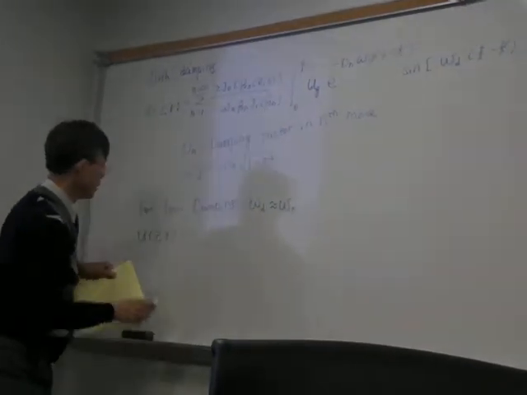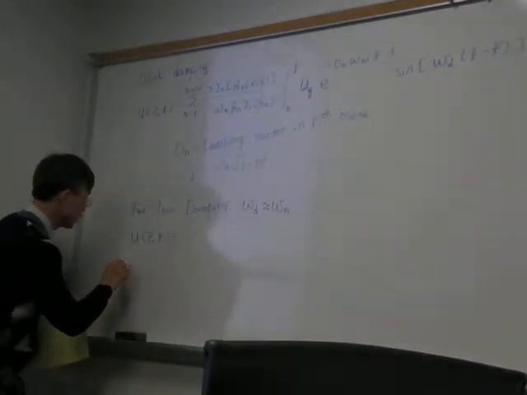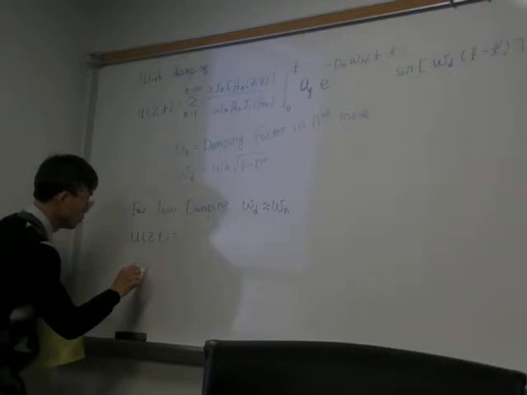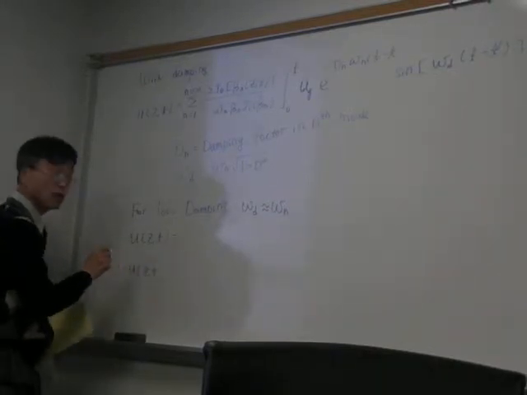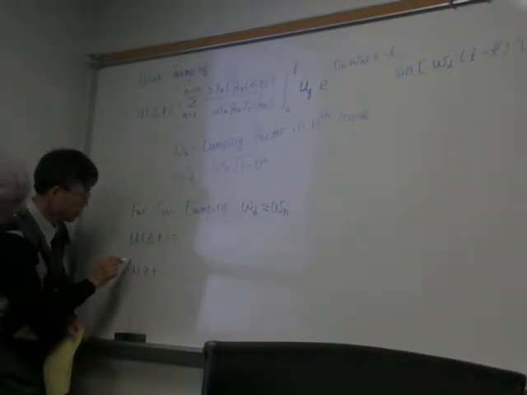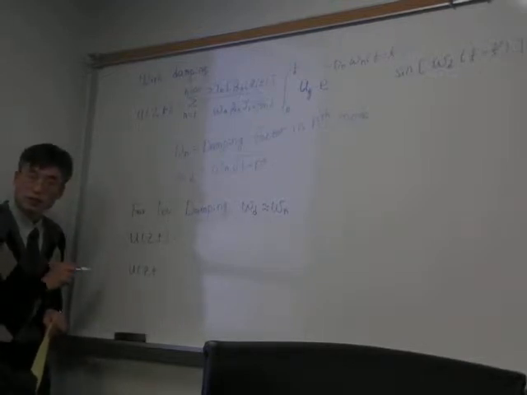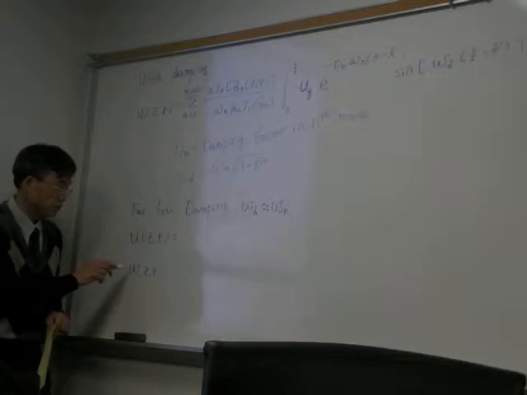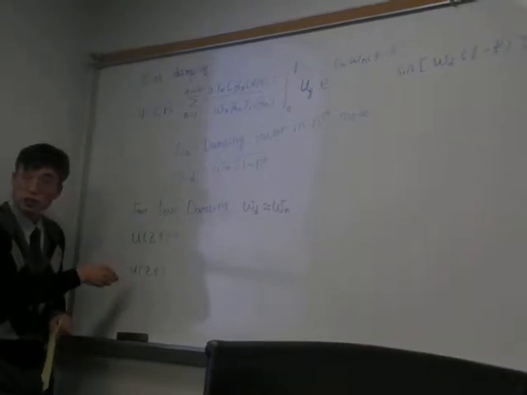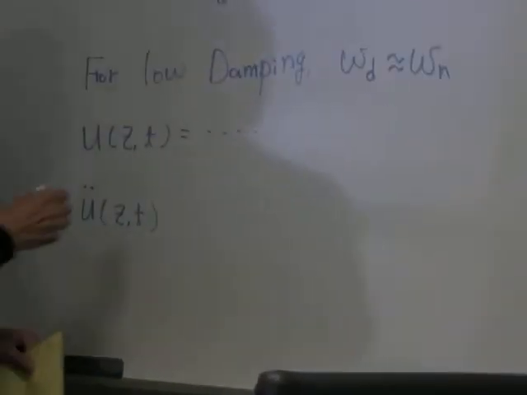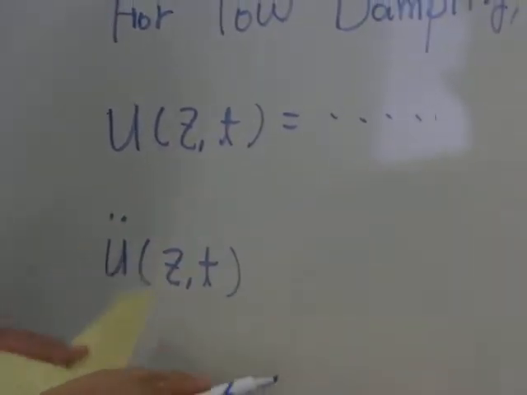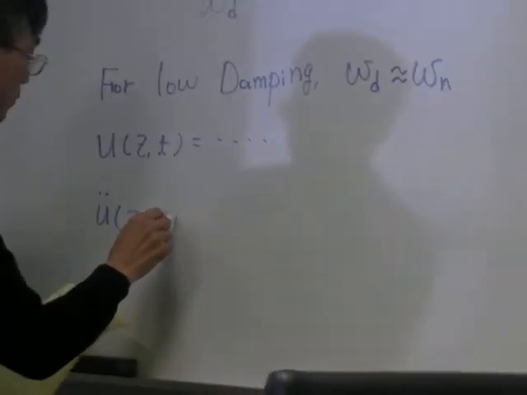But what I will do is I will express the equation this way, z comma t. What is this one? Second derivative of displacement. Physically, this one means acceleration. That means when we differentiate this one 2 times with respect to time t, then